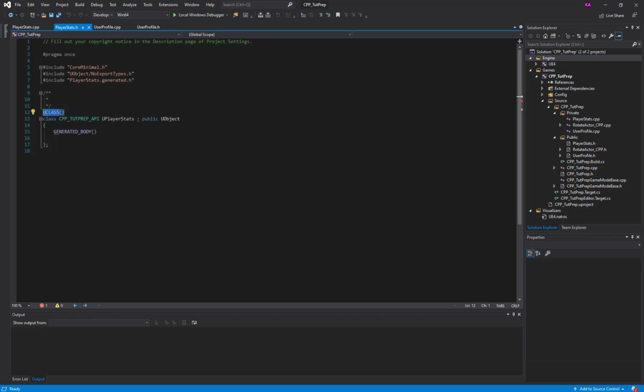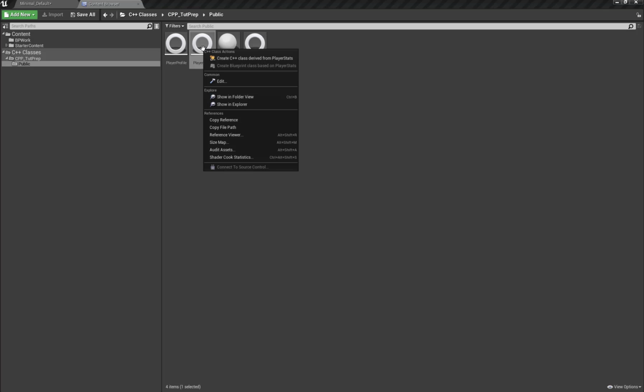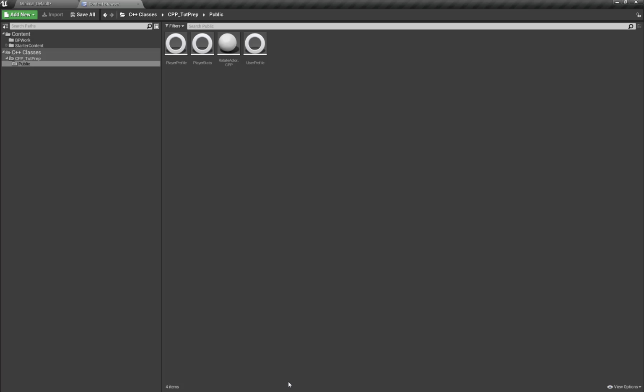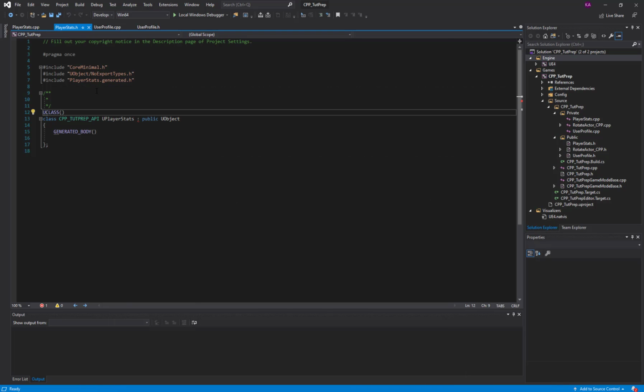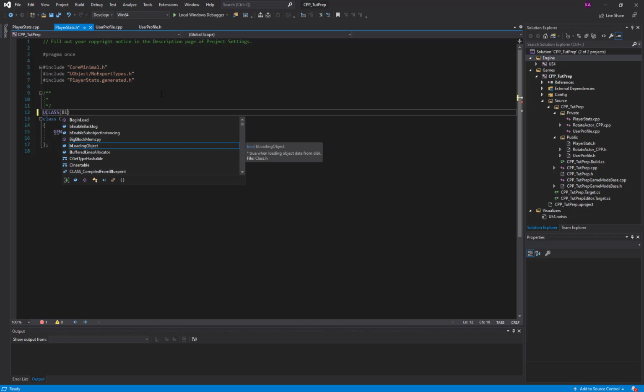So if I go to the engine and right click, as you guys can see, I cannot create a blueprint class based on PlayerStats because the UCLASS macro definition does not allow me to create a blueprint class based on it. So for creating a blueprint based on UClass, we need to properly define the UCLASS macro. So for this, I'm gonna add a specifier, Blueprintable,